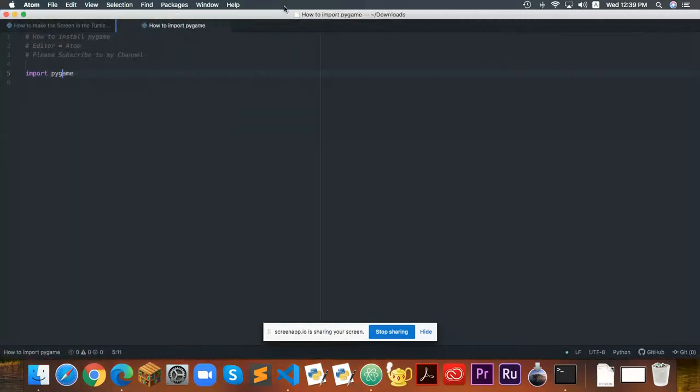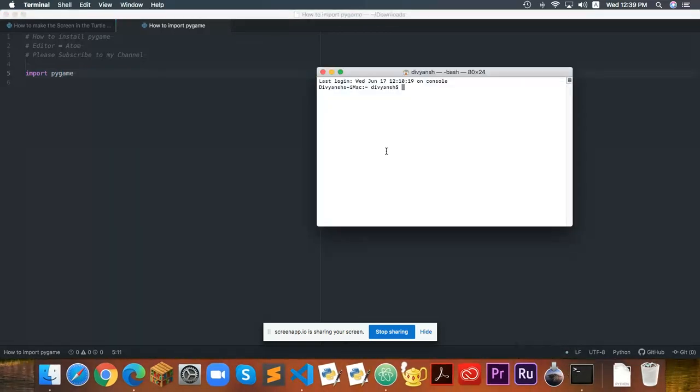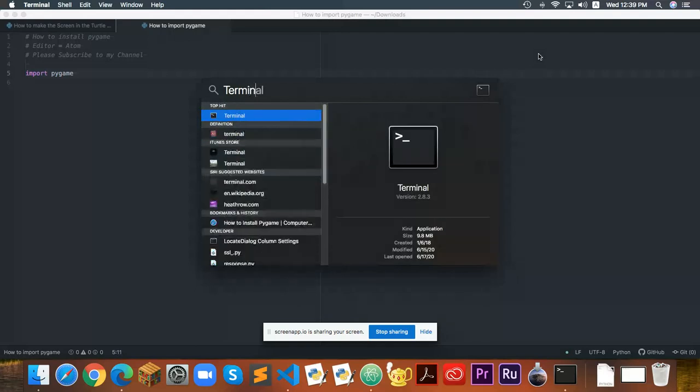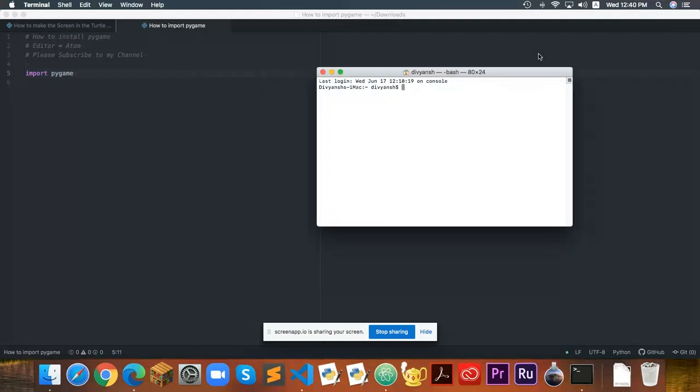Now let's get started. So, if you're on Mac, open your terminal, and it should show your iMac, and then something like that. If you're on Windows, you can search up command prompt. Now, that's not for me, but for me, you can search up terminal in the spotlight, search it up, open it. Okay, then first you need to make sure that you've downloaded Python, and if you do, then type in